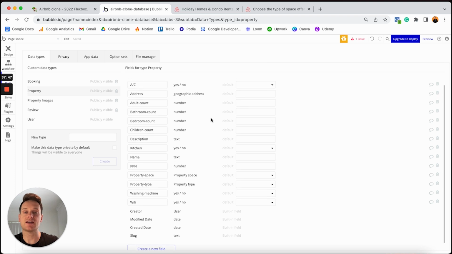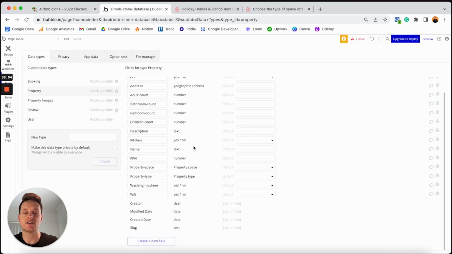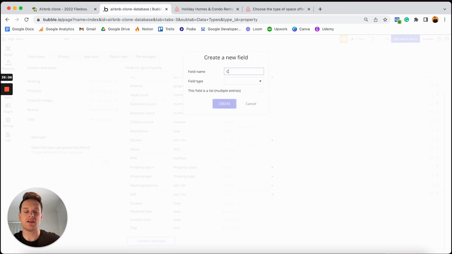Now, another field I'd like to create that's going to be linked to my option set is the categories. And so I'd like to allow someone to select what categories are relevant to their property that they'd like to list. So if I scroll on down, I'm going to add another field, and I'm going to call this categories. Now, of course, I'm going to link this field to my categories option set list. But one thing I should point out is that I'd like to make this field a list with multiple entries,